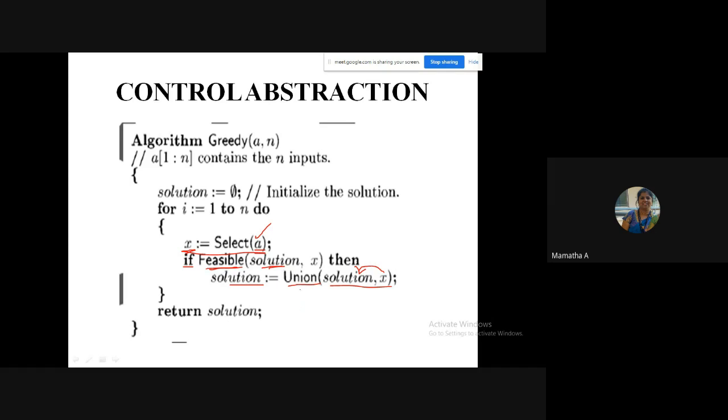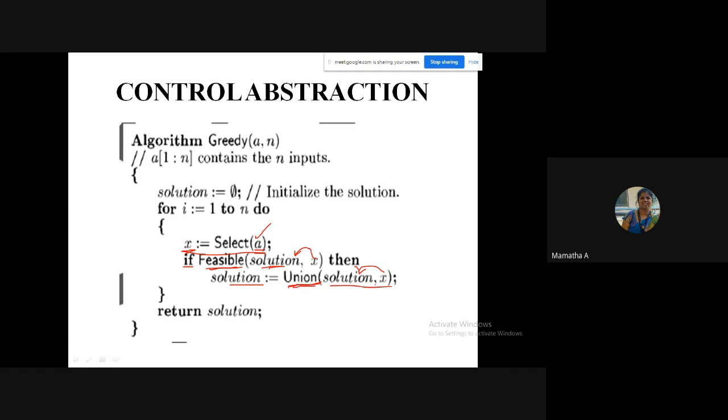If I give you 100 rupees, you will not choose an item which is 150 rupees. You will first check the price, whether it is within 100. Then only you will put it inside your bag. Similarly, it checks whether adding X to the solution is feasible. If so, then add X to the solution by calling another method called union.